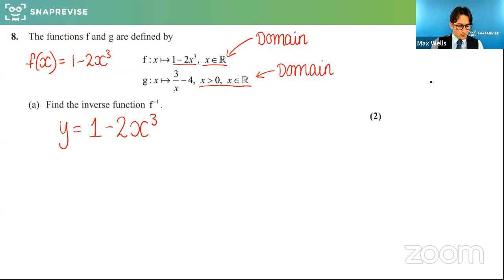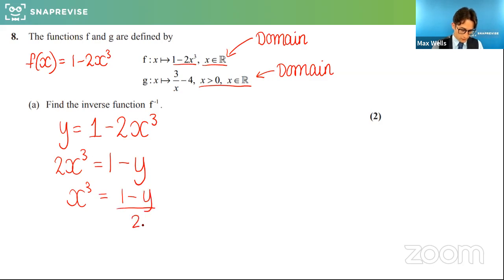So here we go. In order to do the inverse, we change the subject. We make x the subject. So what we could do is add 2x cubed to both sides and minus y, and we'd get 2x cubed is equal to 1 minus y. And then I'd divide through by 2, so 1 minus y over 2. And then I'd get the cube root of both sides. So you could write it like this. Or